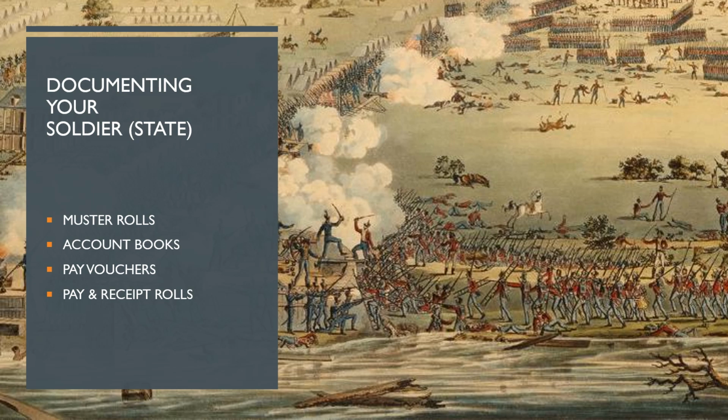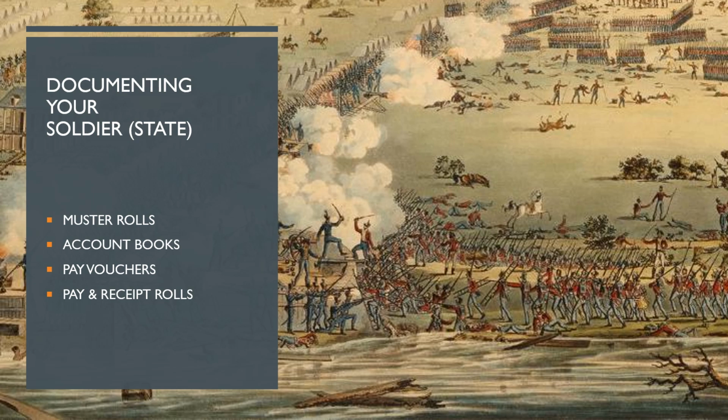Nowadays, the State Archives in Raleigh has an online form which you can use to look up the names of soldiers who served at the militia level, and you can request through that portal for them to do the research and provide you with the references in the original muster rolls to those individuals and send them to you for proof of service or just genealogical research.